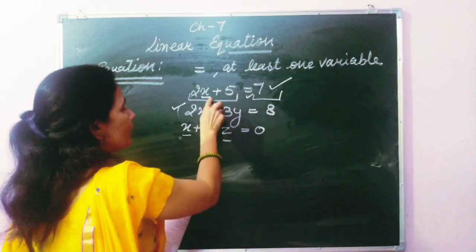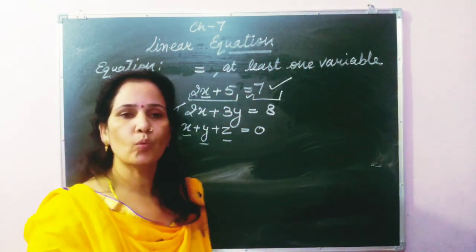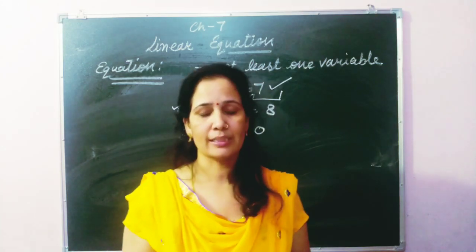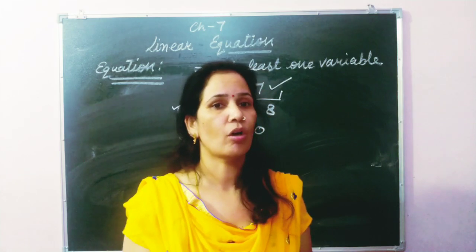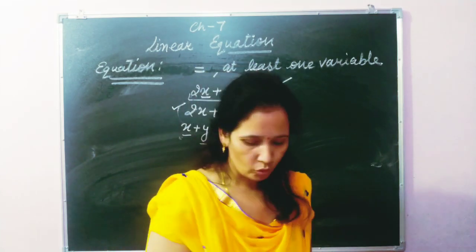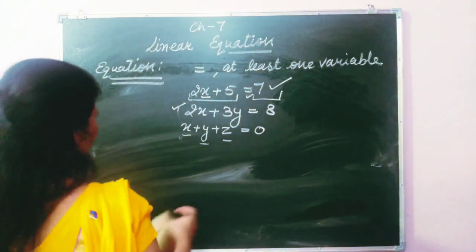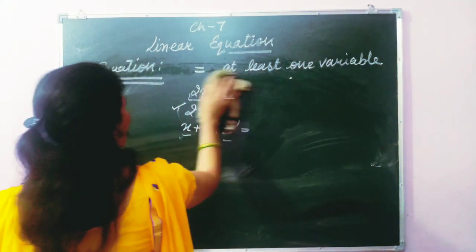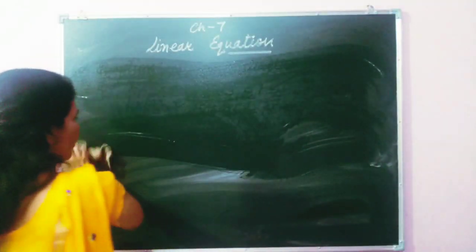Whenever the solution of the left hand side is equal to the solution of the right hand side, in that condition only our algebraic expression is called an equation. So let's start our linear equation with one variable, and we will discuss this more with the help of the questions of our exercise. Okay, so let's start our exercise.